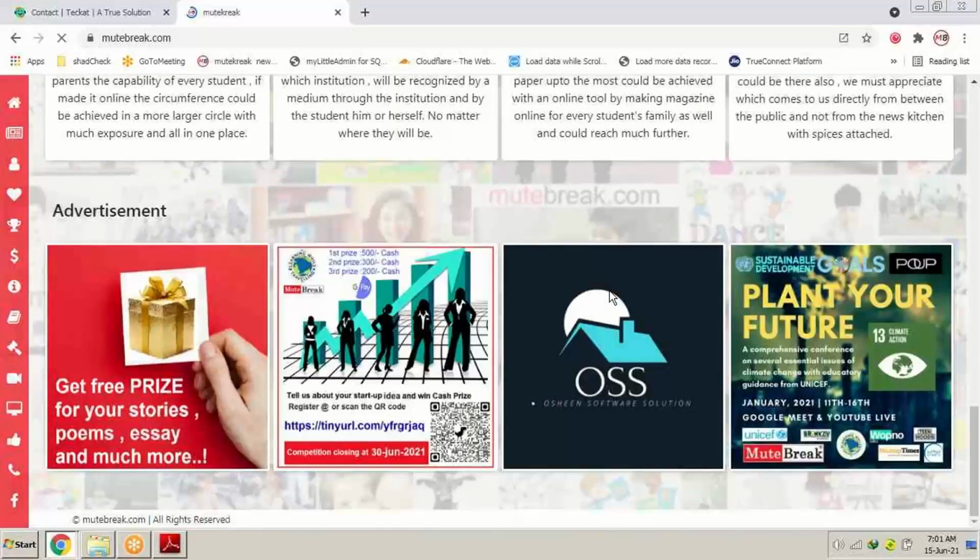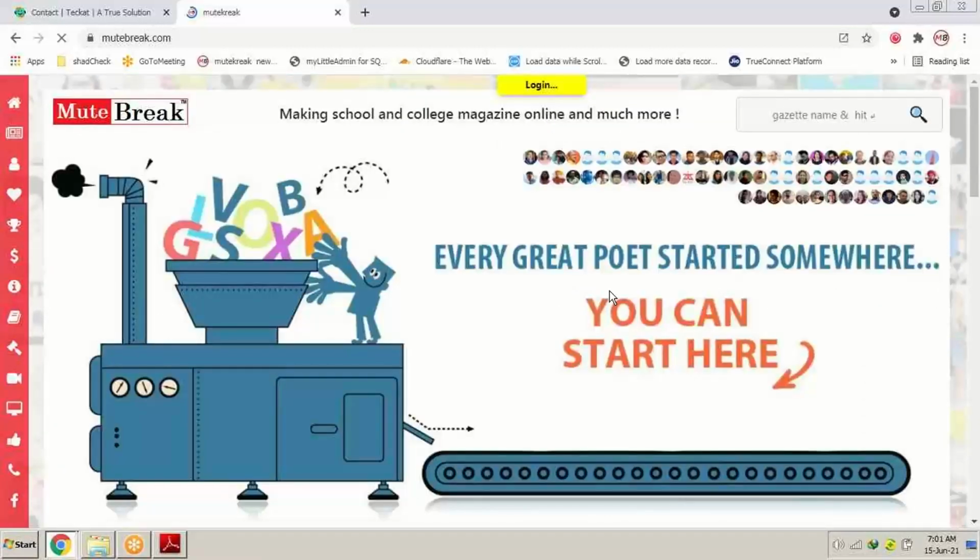So web portals are basically 98% connected with the database, and only 2% is the decoration part and the things that make it look attractive.